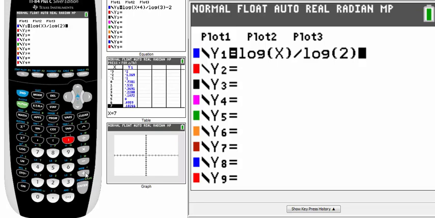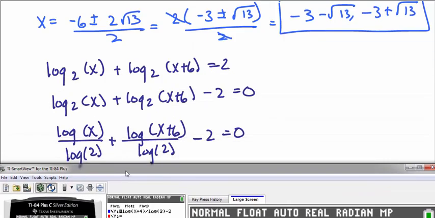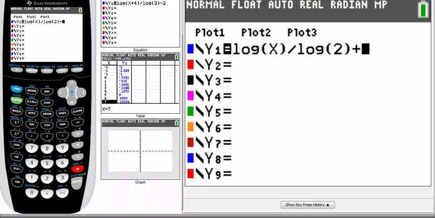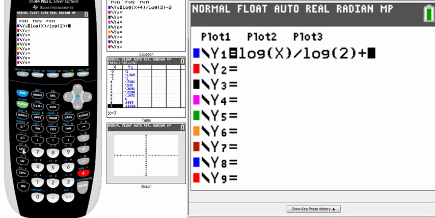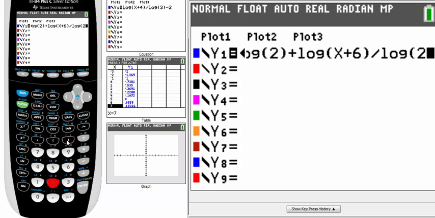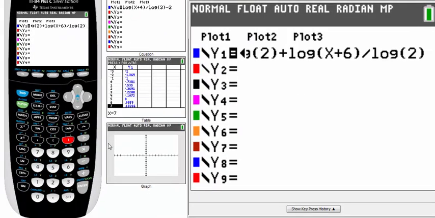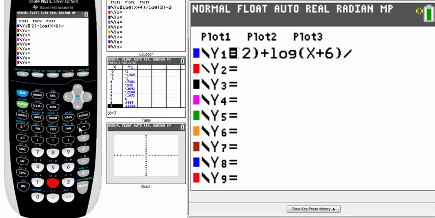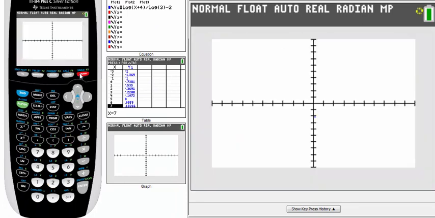And that was a plus. And then the rest of the problem I've forgotten already. Log of x plus 6 over log of 2. And then we had to subtract that 2 over from here as well, so minus 2. Let's hit graph. Now, none of these solutions are going to show up on my table because